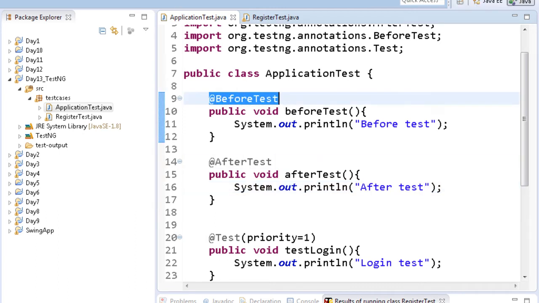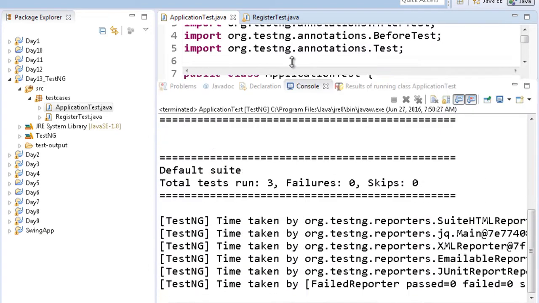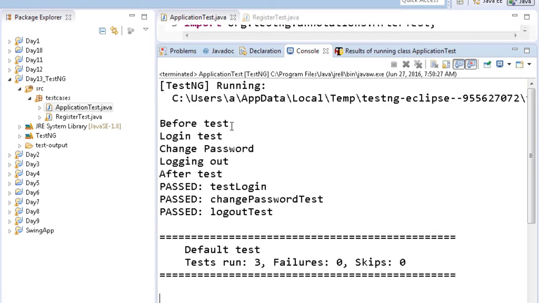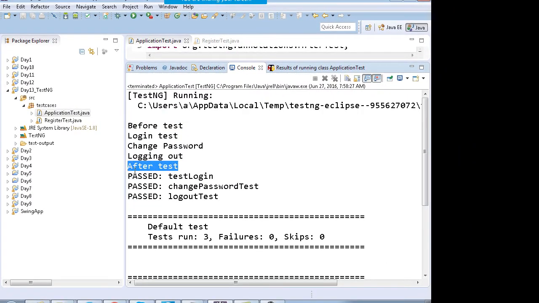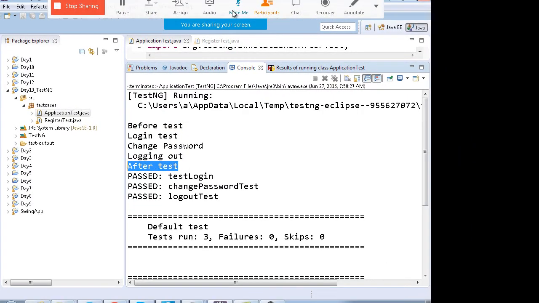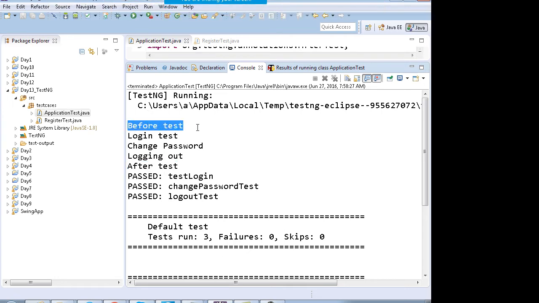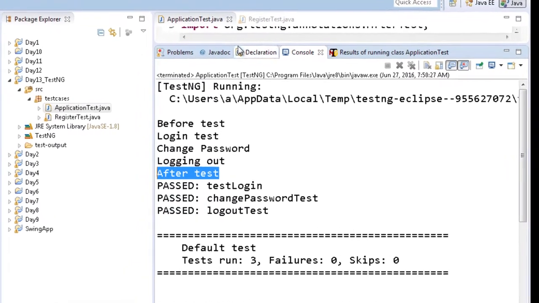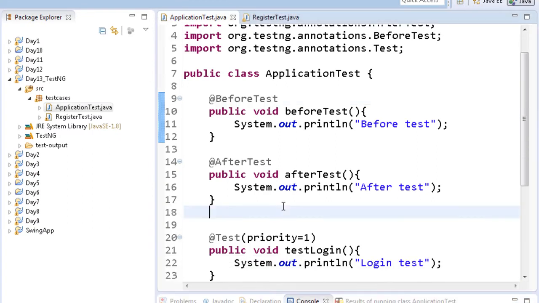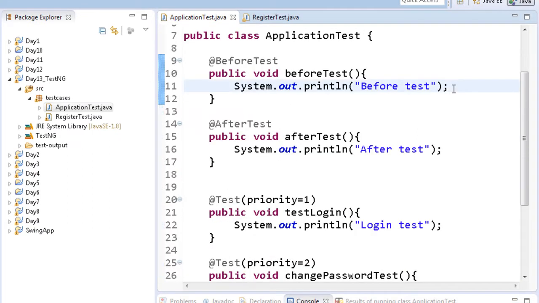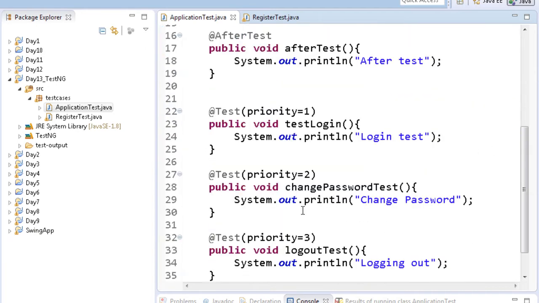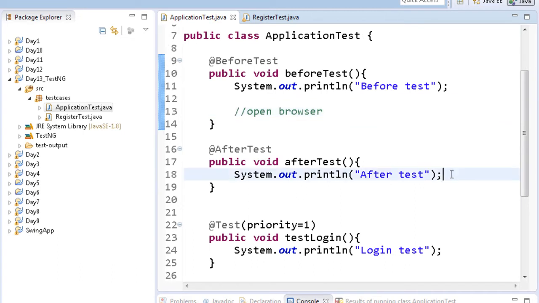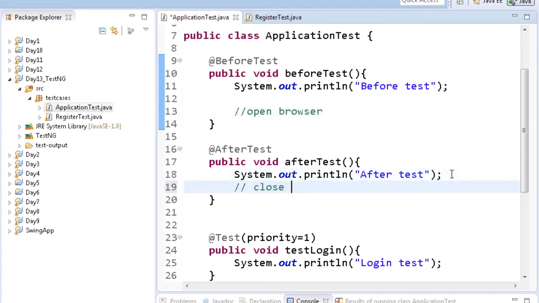When you run this, you will see that @BeforeTest is executed in the very beginning and @AfterTest is executed in the very end. So these annotations are executed before and after executing all the tests in a Java file. Suppose you want to open a browser, you can open the browser here, execute all the 3 tests on the browser, and in the after test you can close the browser.